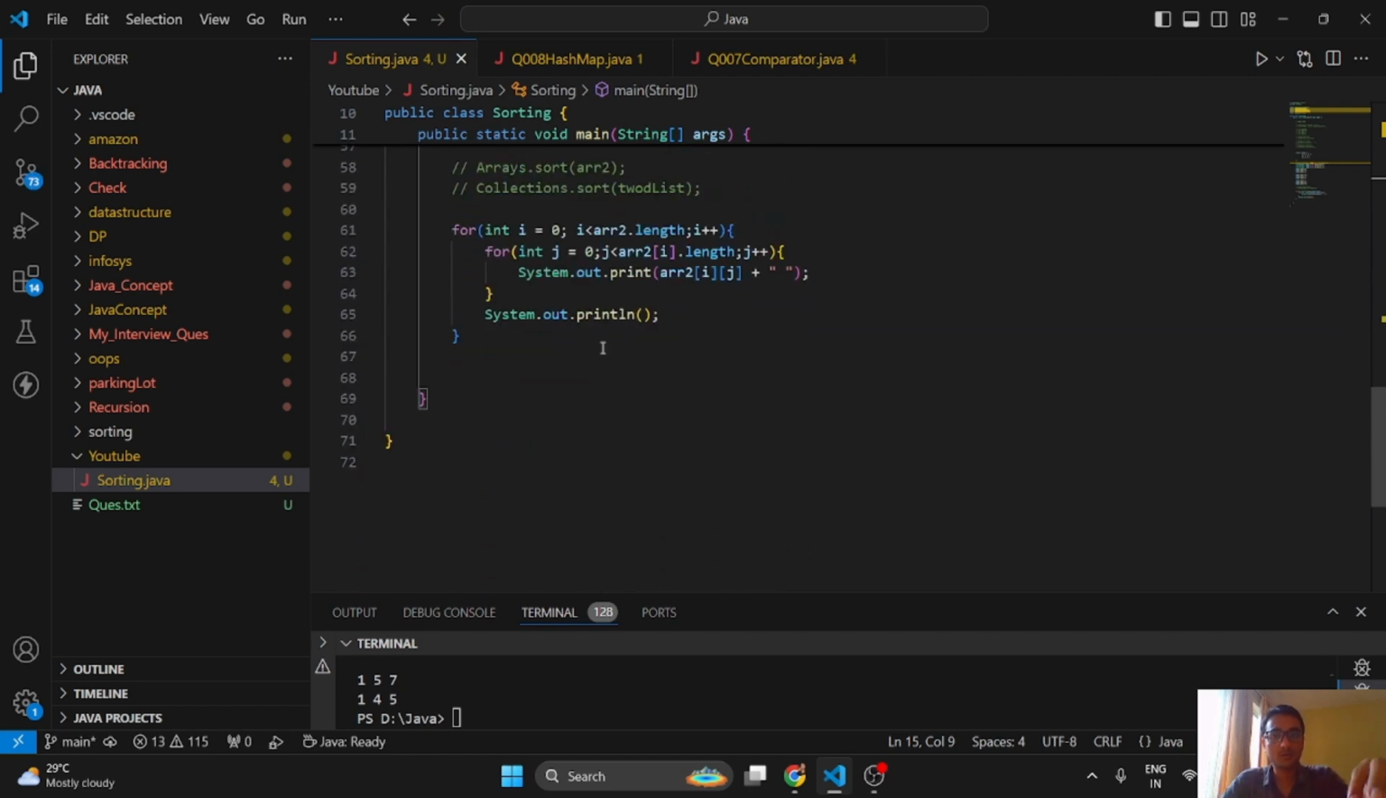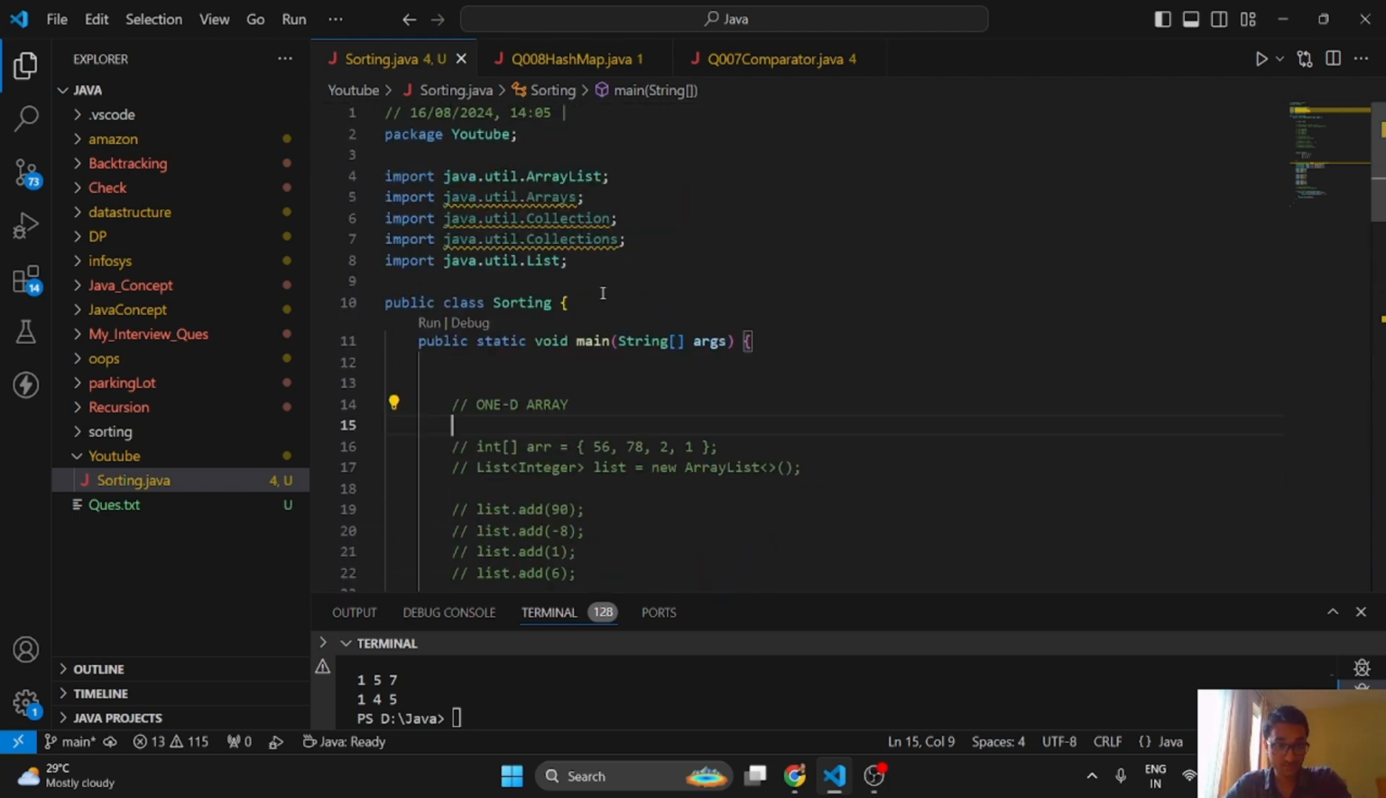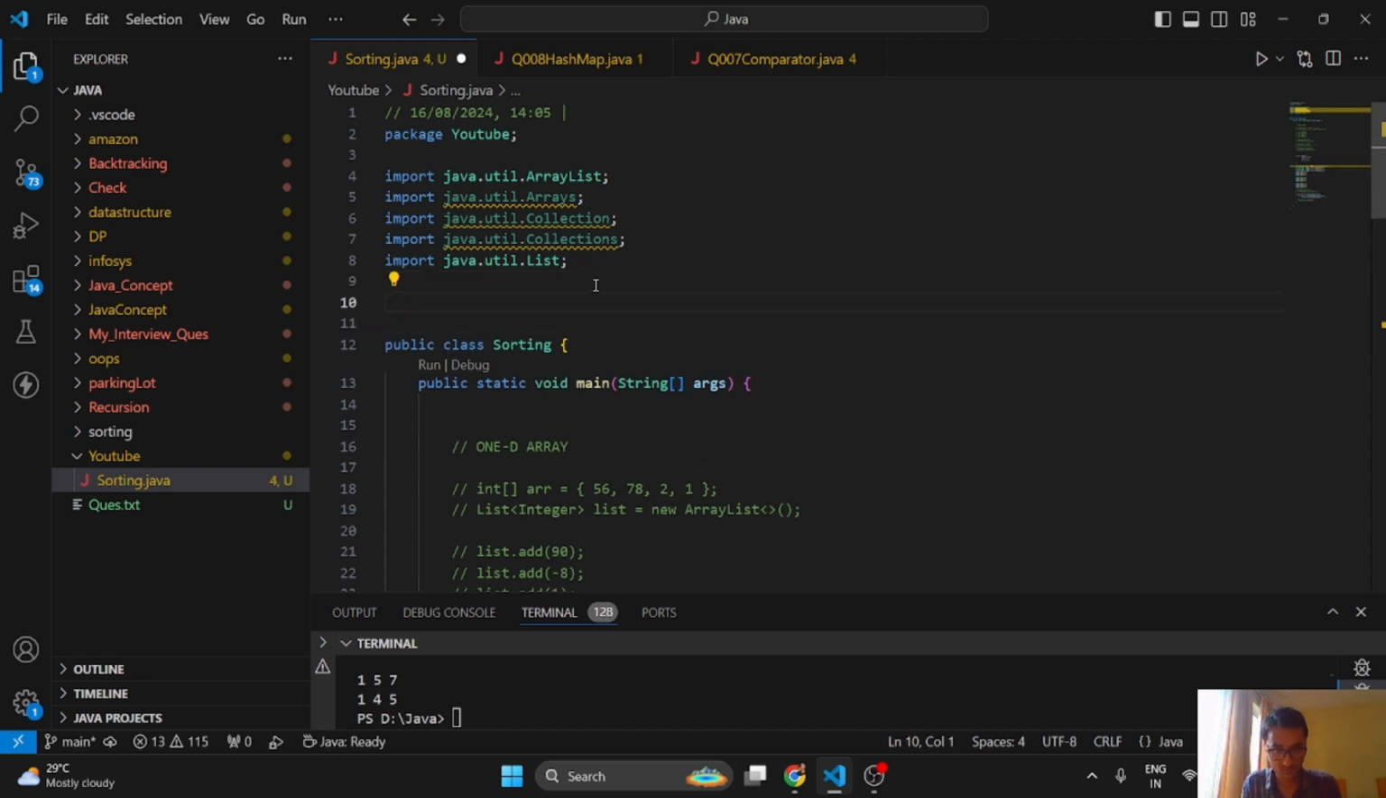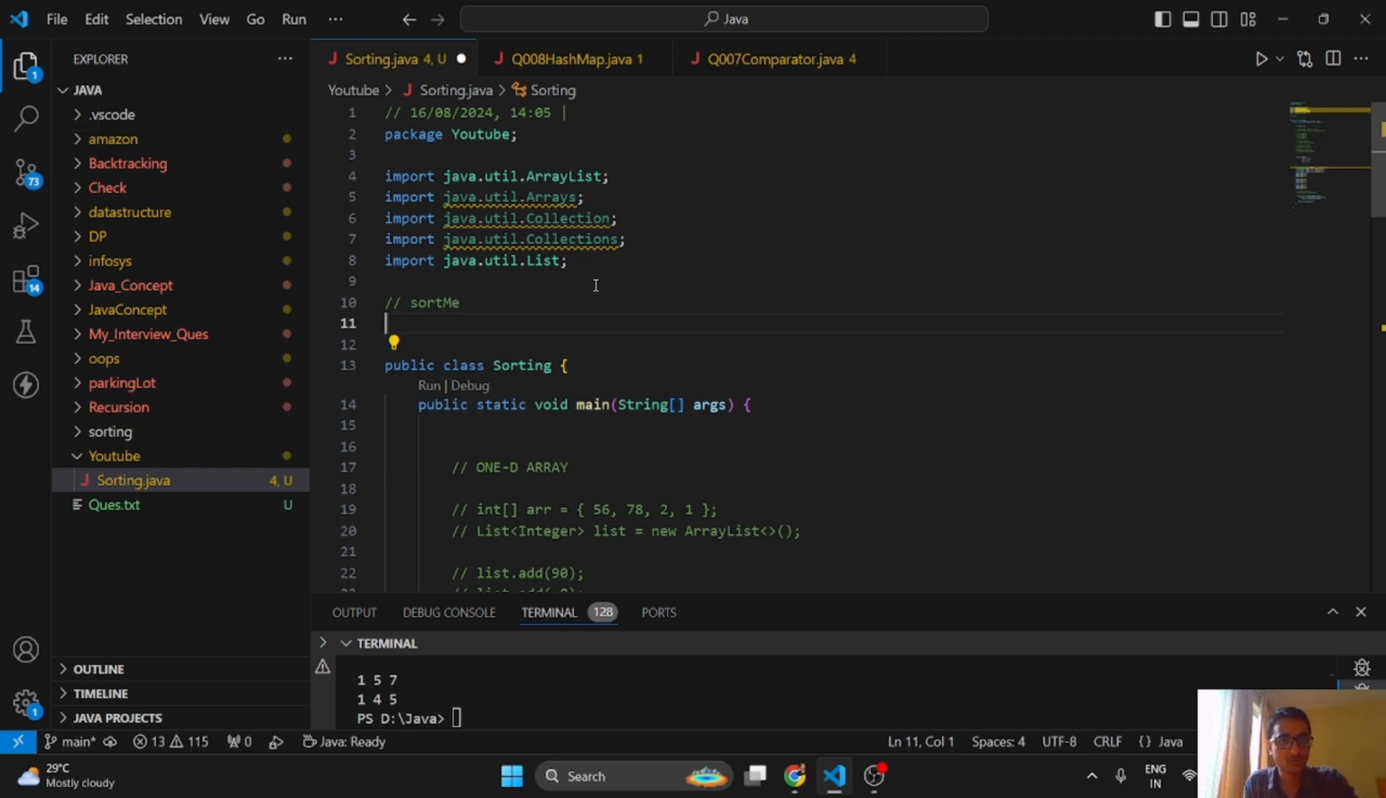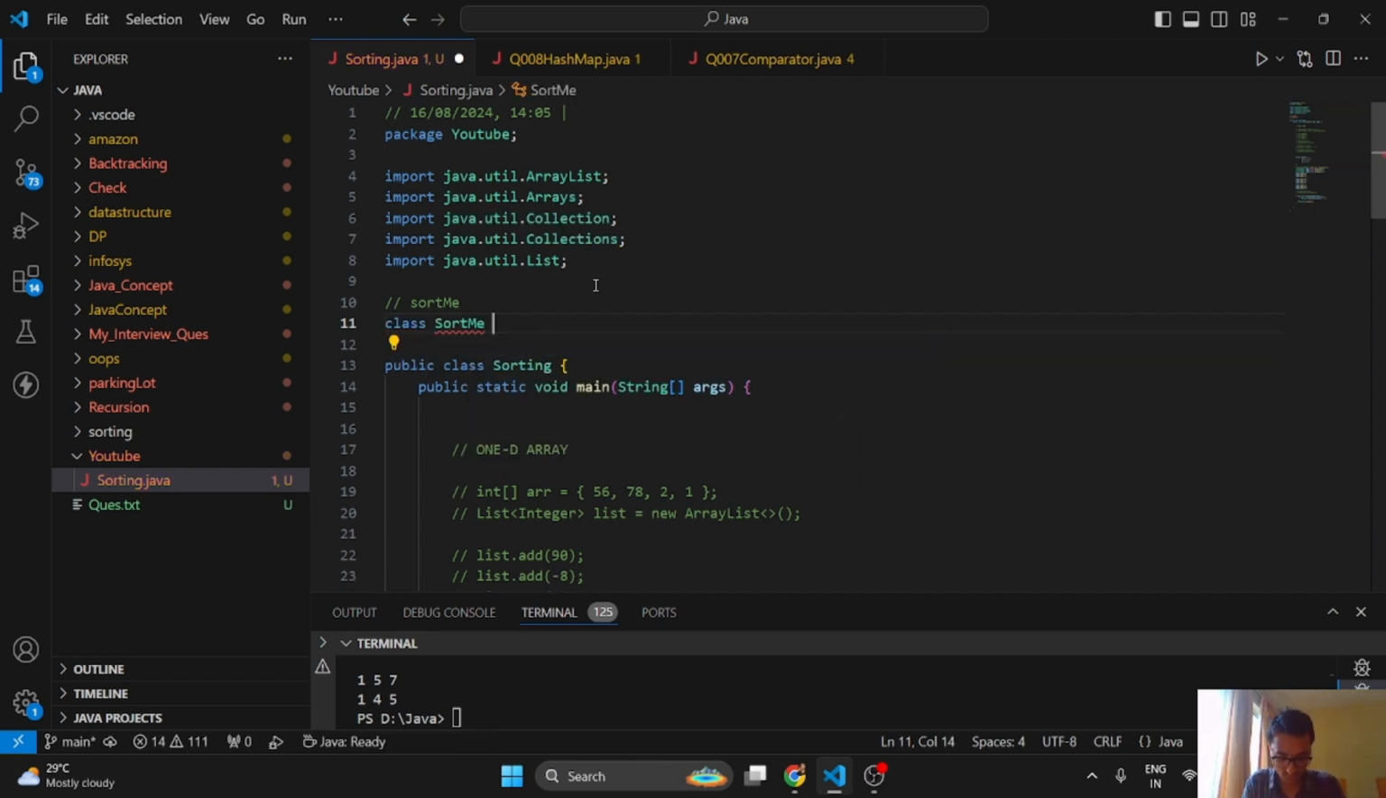Okay, so now as we need to sort it, we have to create a comparator. We have to use the comparator interface. So come over the class. We have to create a class sort. I'm creating sort me. Instead of sort me, you can put any other name also. Okay, so let's just create class sort me extends